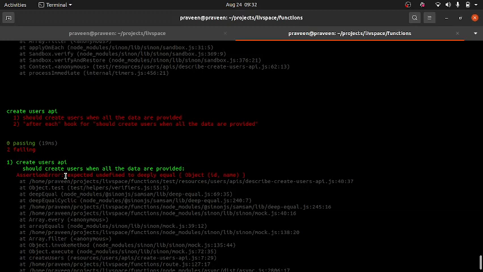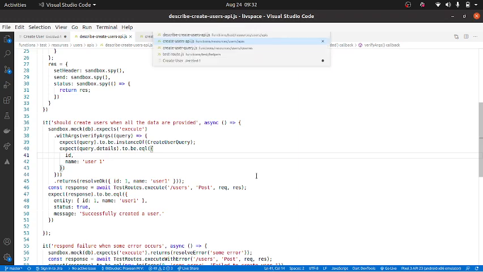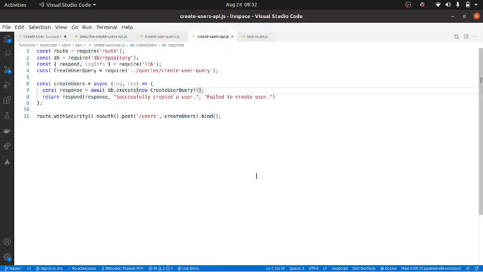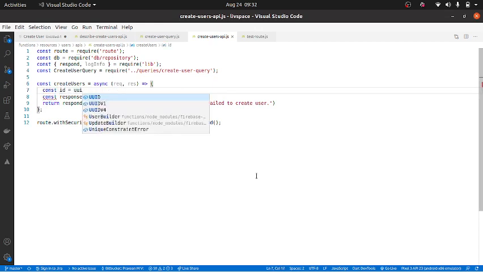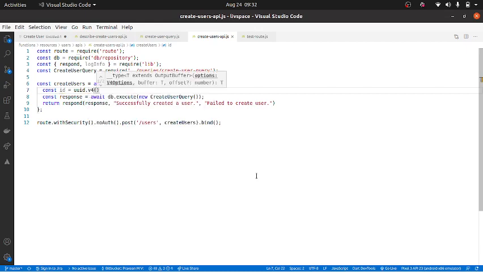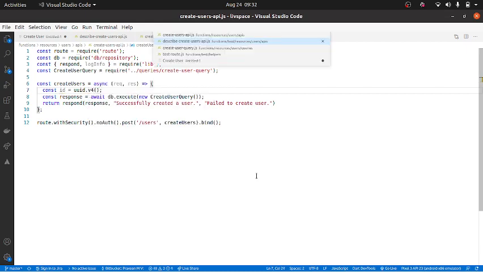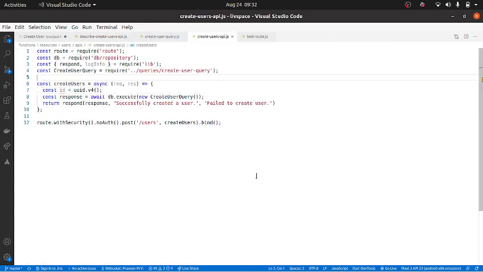So let's take a look at our test case. Basically it is telling unexpected undefined to be equal to an object. So we didn't get anything. So what we will do is, over here we will go and create an ID, const ID equal to uuid dot v4, and which is the uuid we are using, require uuid.